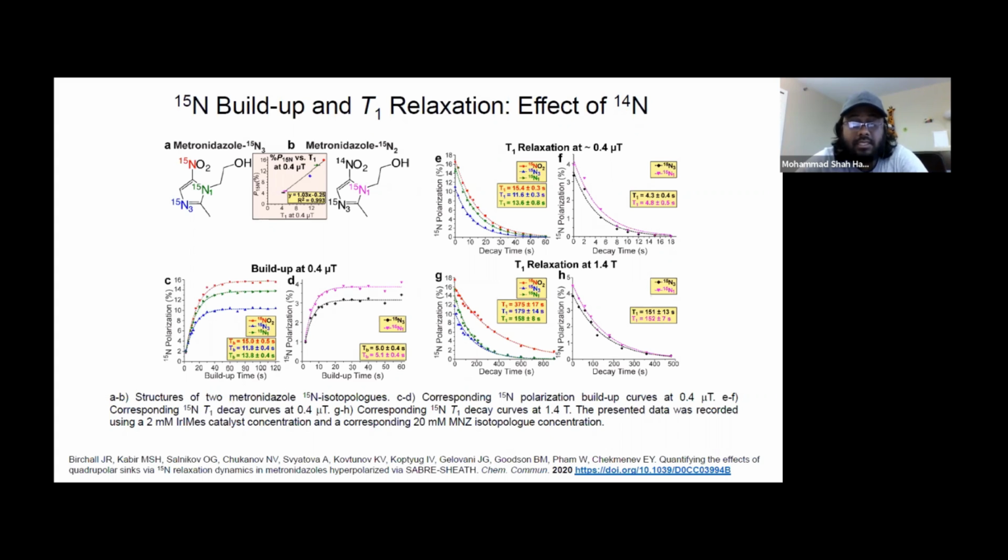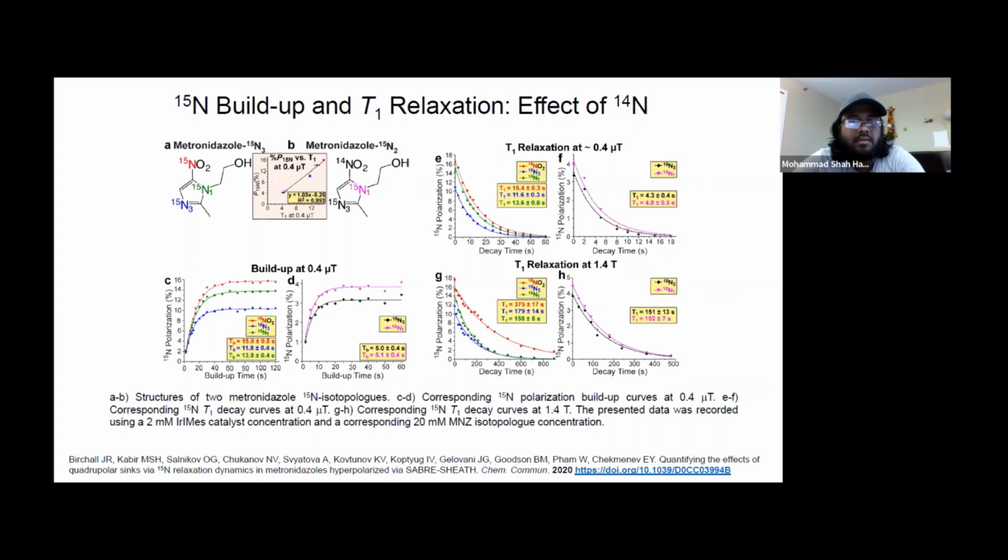But in the case of 1.4 Tesla, we found that the T1 value is similar for both N2 and N3. And if we see the graphs in figures A and B, in the middle, the T1 relaxation versus the polarization, they are supporting the idea that the polarization in the case of N3 is higher for the nitrogen-labeled one, and for N2 it is